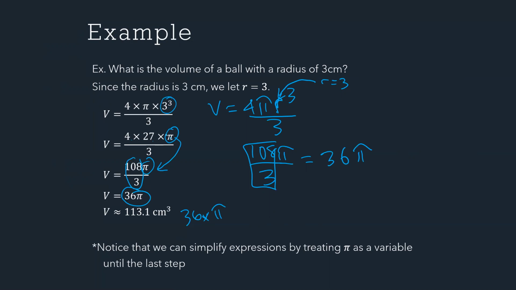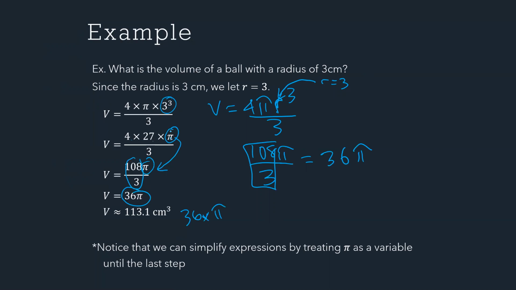So if I had left it as 4 times 27 times 3.14, I would have to take 4 times 27, which is 108, times 3.14, which I'm going to grab a calculator for because I don't know how to do that calculation right off the top of my head. I just want to show you that it does take quite a bit longer. So 108 we multiply by 3.14,